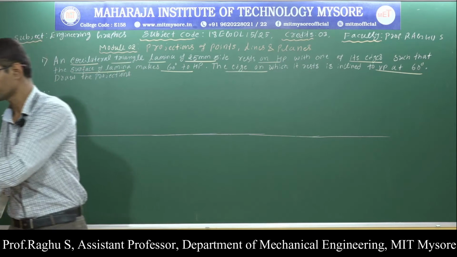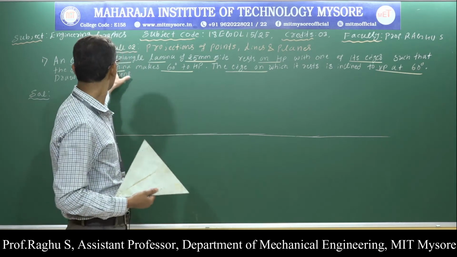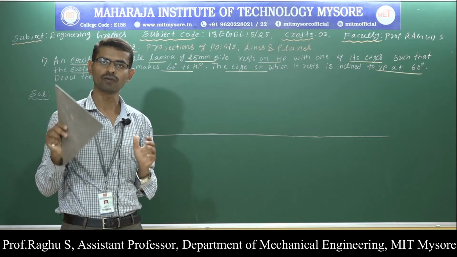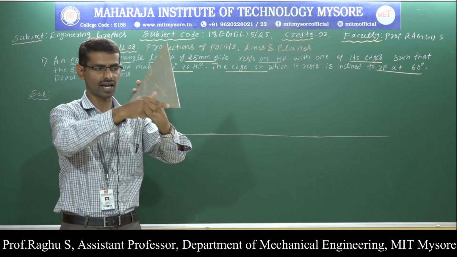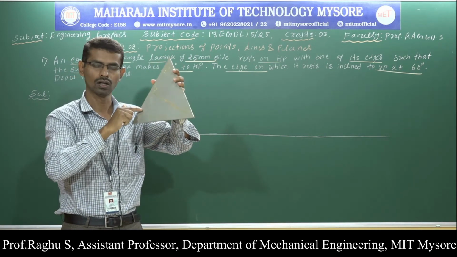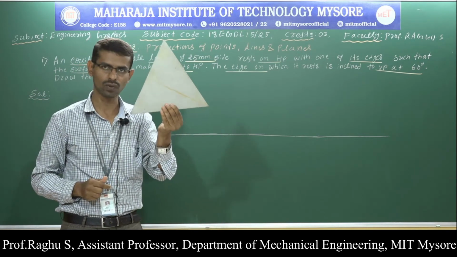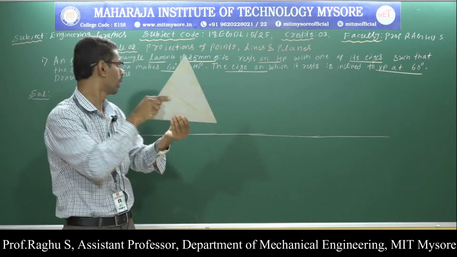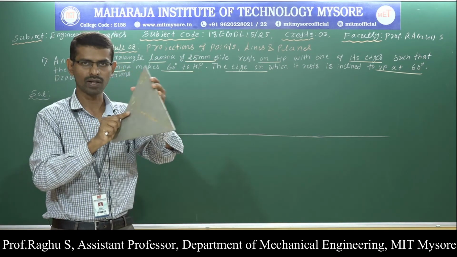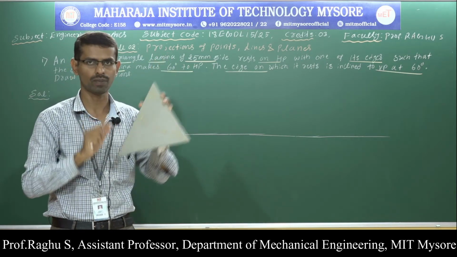Now, let us discuss. Already we have discussed the procedure. First, note down the type of the lamina given in the problem. Here the type of the lamina is an equilateral triangle. Equilateral triangle means all sides are equal and all angles are equal, so the interior angles are 60 degrees. Therefore, the given lamina is an equilateral triangle of side 25 mm. So the first point is clear, right? The given lamina is an equilateral triangle lamina and the side is 25 mm.